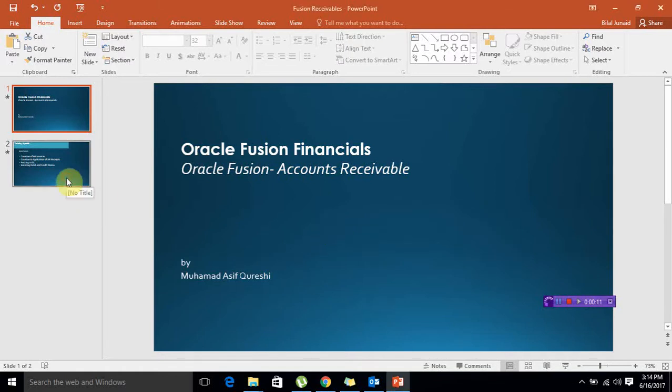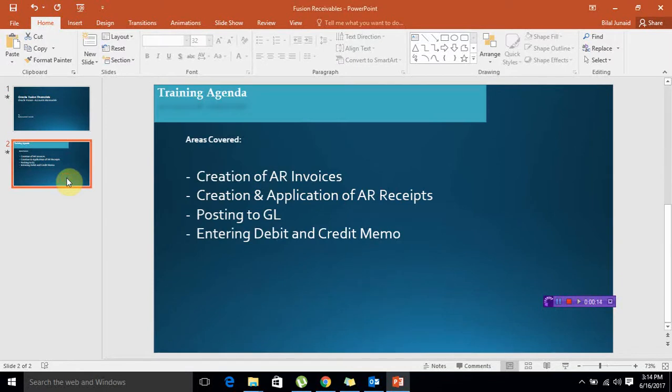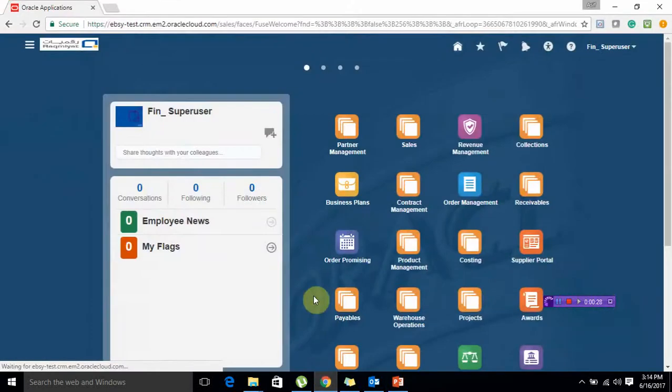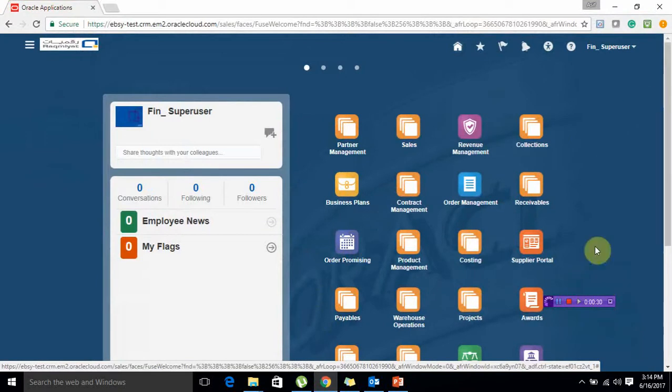In the first video, we saw how to create AR invoices, and the second training video will cover the creation and application of receipts on the AR invoices. So again, quickly moving towards the application, as you are already aware, this is our home page,